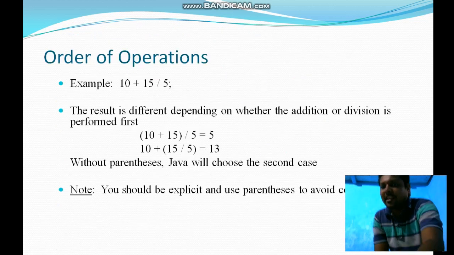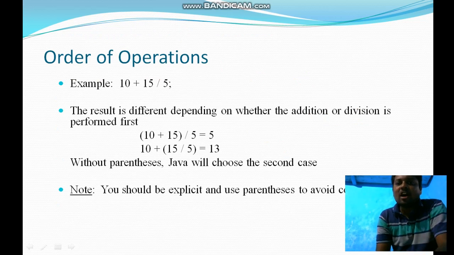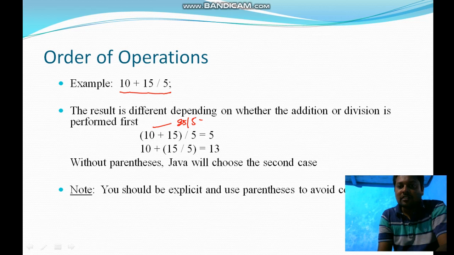Next, let's see the order of operations and how it is performed. For example, we have 10 plus 15 divided by 5. Which one will execute first, the addition or the division? If brackets are appended to the expression, the brackets will be evaluated first: 25 divided by 5 is equal to 5.